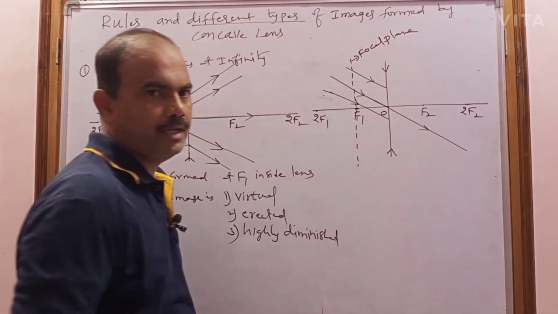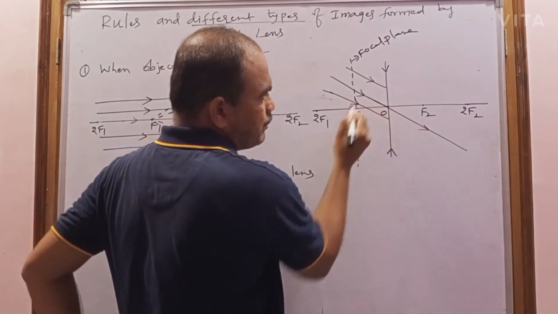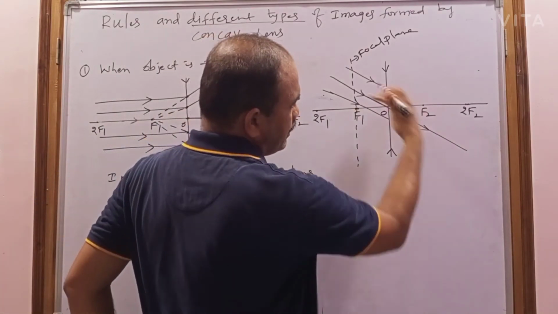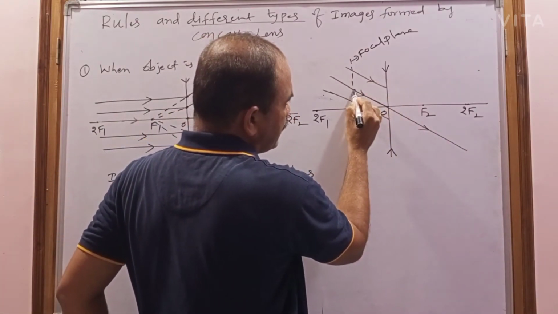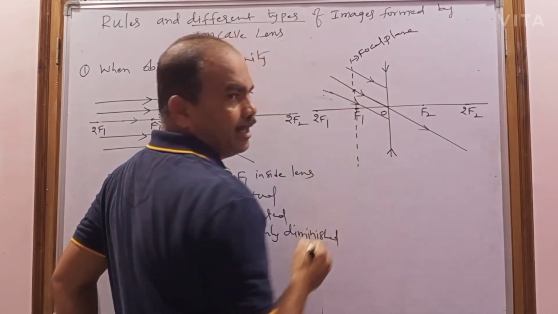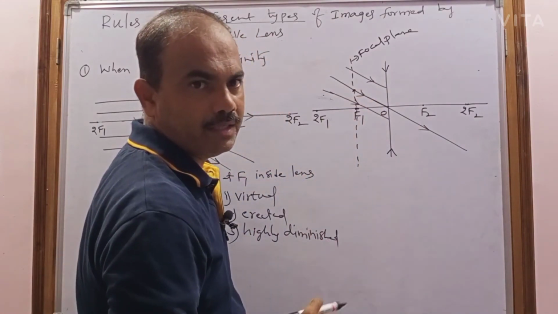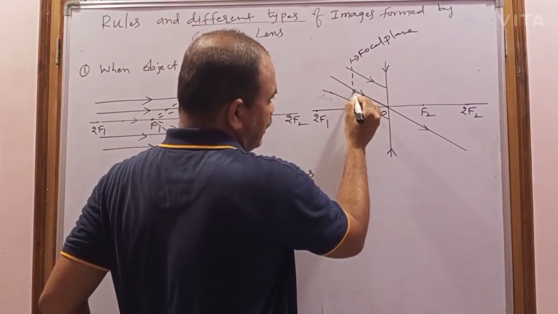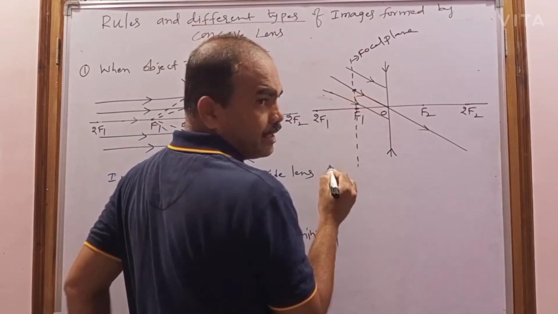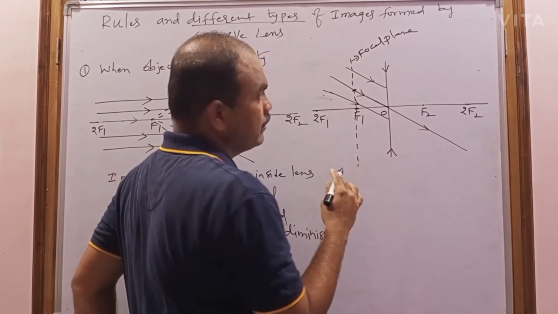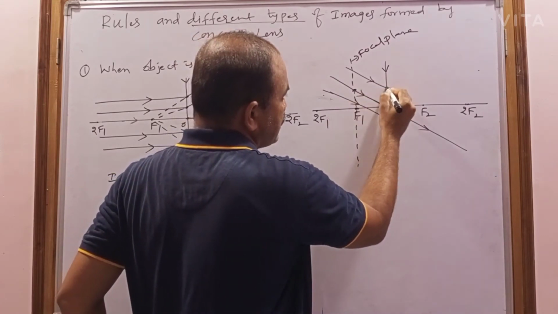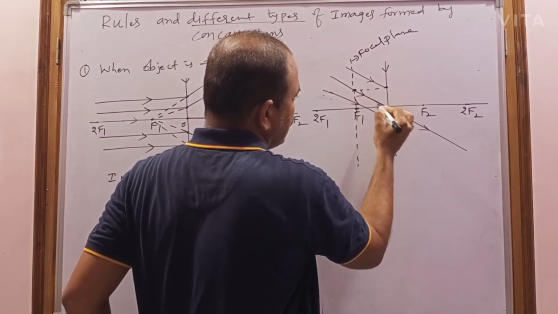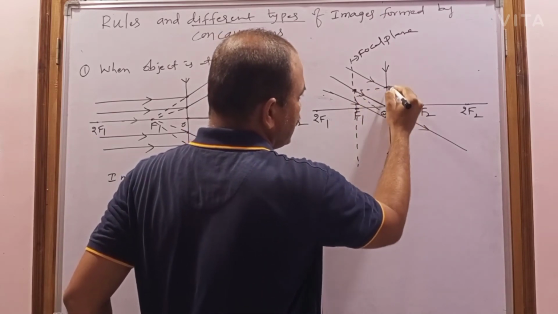And next, this is the refracted ray corresponding to this incident ray. When they are extended back, it intersects the focal plane here. This is the intersection point of all the refracted rays when they are extended. After locating that intersection point of the refracted rays, join that point and the incident points with dotted lines, and after that extend them.